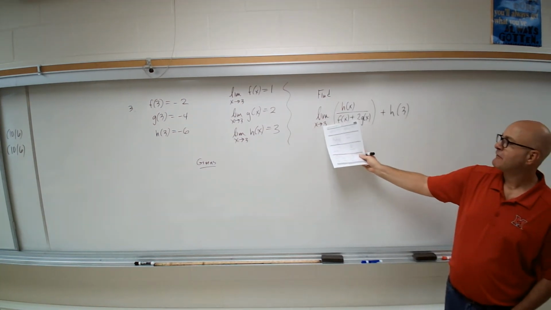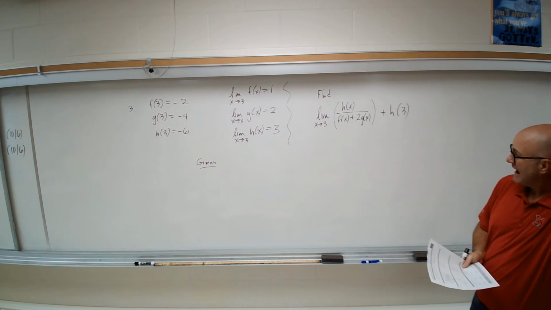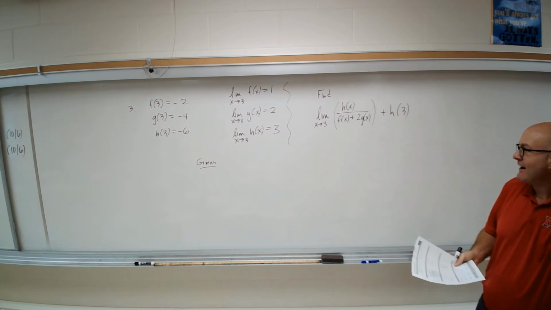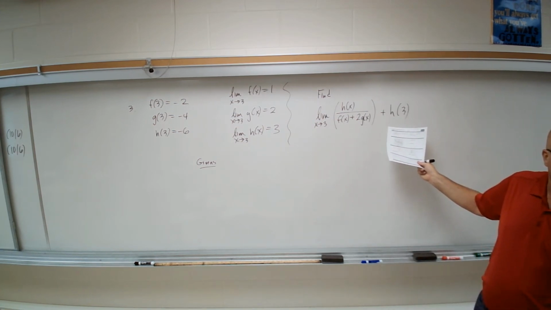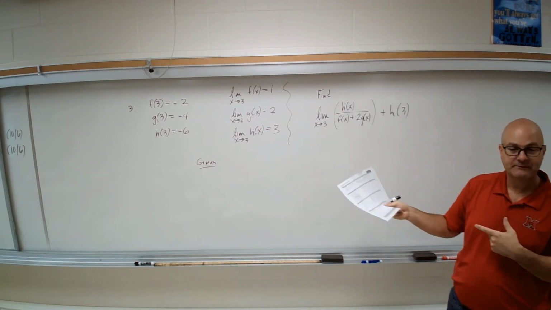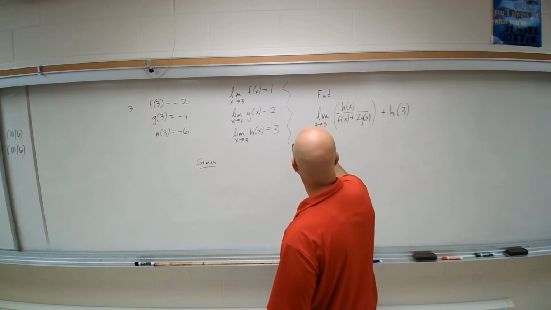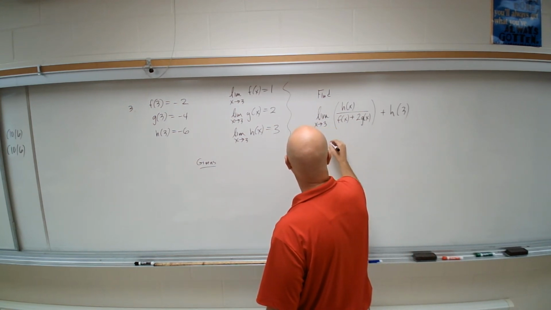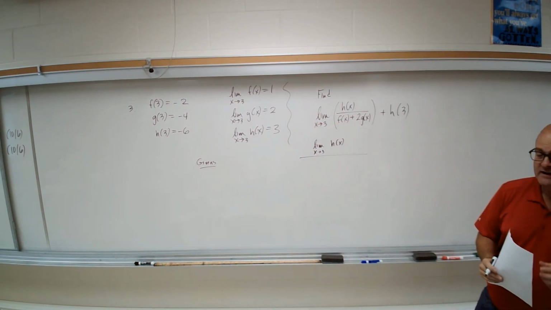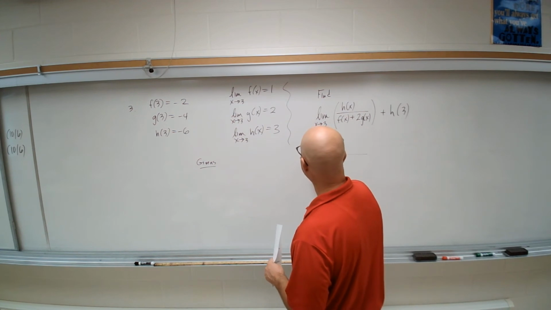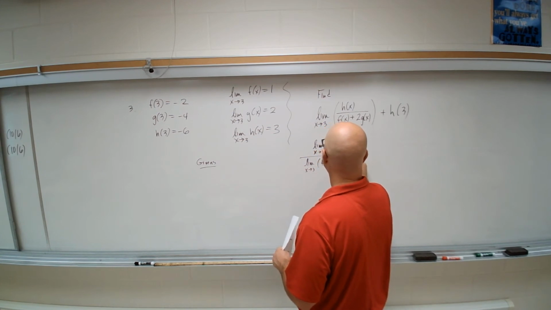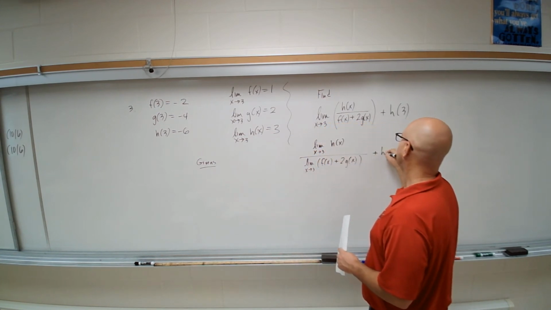But we have to find the limit as x approaches 3 of h of x over f of x plus 2g of x. We're going to have to use our properties to kind of break this down. Now, this is just h of 3 out here. So that's going to be negative 6. We know that already. It's just one of our givens. So for this, let's split it into a numerator and denominator. So we have the limit as x approaches 3 of h of x. And then we have the limit as x approaches 3 of f of x plus 2g of x plus h